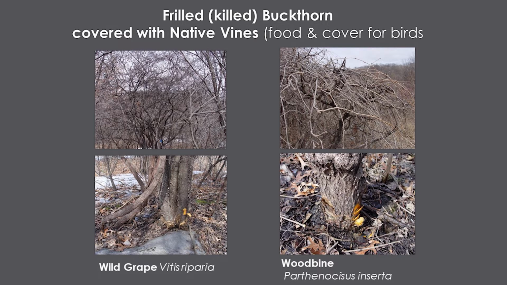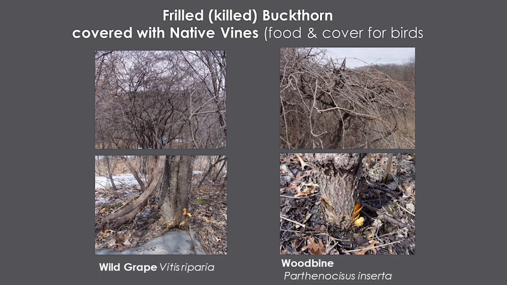And that's what this is. It's not the easiest method, but it's just an illustration to show you that if you've got vines climbing up on some buckthorn, it could be habitat. This is just kind of an anecdote, and it's kind of fun. I had woodbine, the red one, growing on one, and wild grape growing on the other. If you kill the buckthorn and let it die with the grapevines on top, you've got all this habitat for birds inside, right? The buckthorn's dead, and you've got this structure and habitat. So that's just an illustration of that.